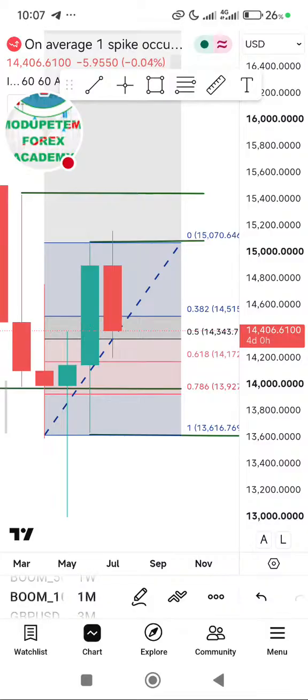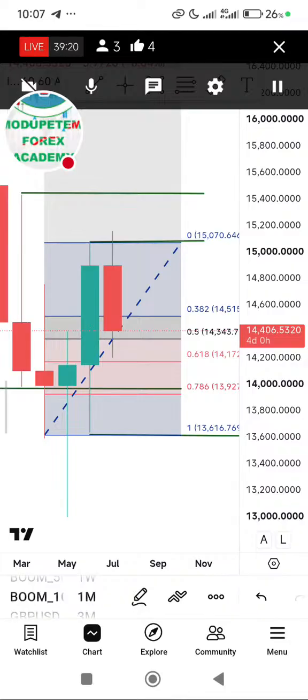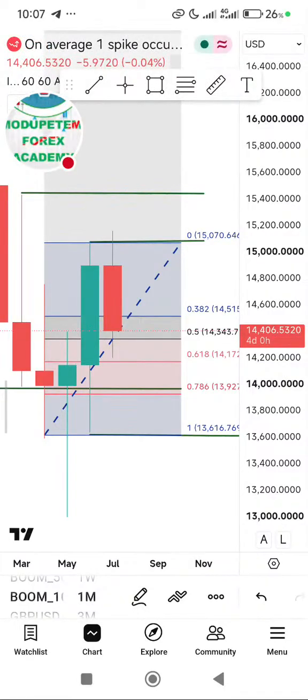We are there. So by tomorrow morning by 7 o'clock, just like I have said, I'm going to be live again, and we will look at the available CRT that we want to trade, whether the 1 a.m. CRT candle or the 5 a.m. or the 9 a.m. CRT candle.